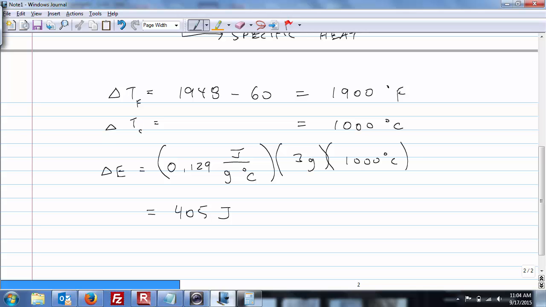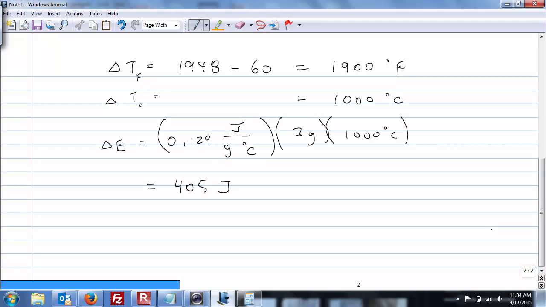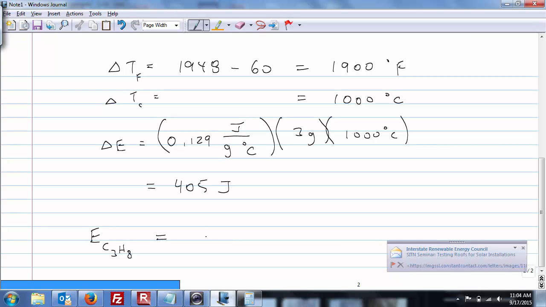Okay. Now, how much energy did we use to melt the gold? That will give us an efficiency on our process. Right? So what did we use to melt the gold? Propane. Okay, so let's just go E. And what's the chemical formula for propane? Propane's 3 carbons, right? So it's C3H8 equals. We're just going to call it the specific energy. Let's write it this way: specific energy of propane, C3H8,